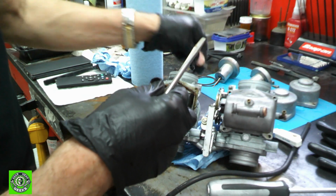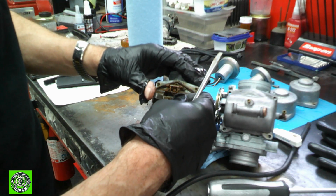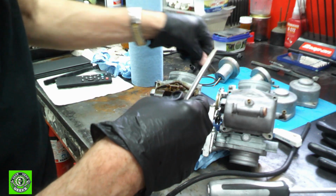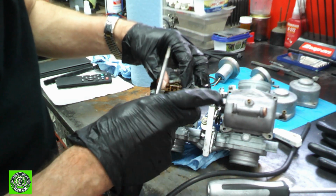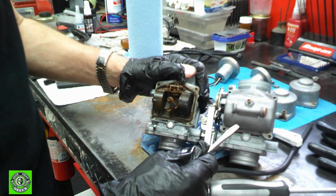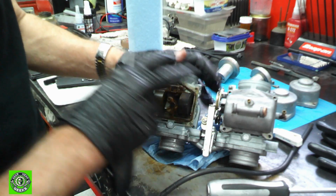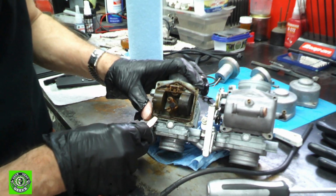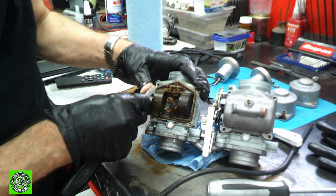These are main jet holders. They just slide in. They slide in and hold this tube in. So it's just, there's a rubber O-ring on it. The good part is these slides are solid. So I mean, not slide. The floats are solid. So that makes it kind of nice. And now what we want to do here is I'm going to try and carefully